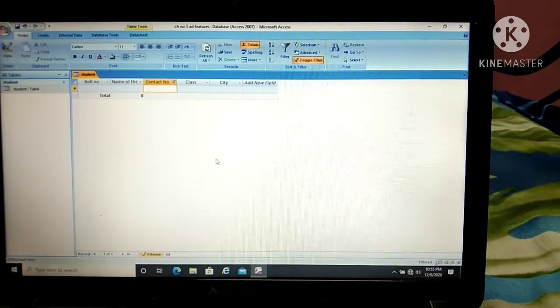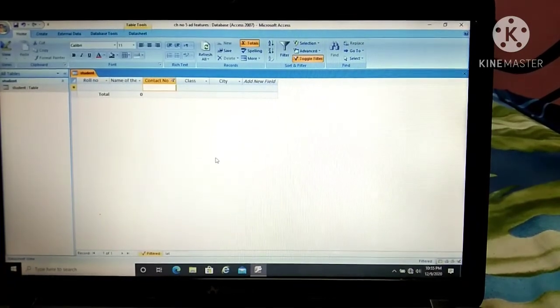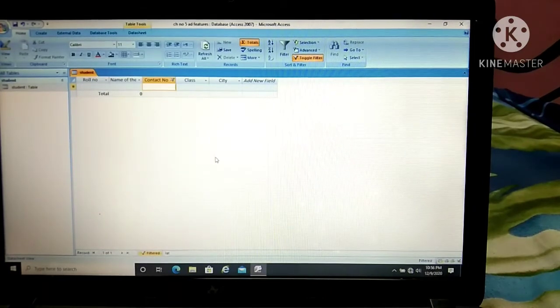Now there is no record here. Can you tell me why? Because obviously we have entered contact numbers there, and I gave the condition that only numbers from 70 to 80 should be displayed. Those are obviously not between 70 and 80 because those are much bigger numbers. So that's why you are not able to see anything.